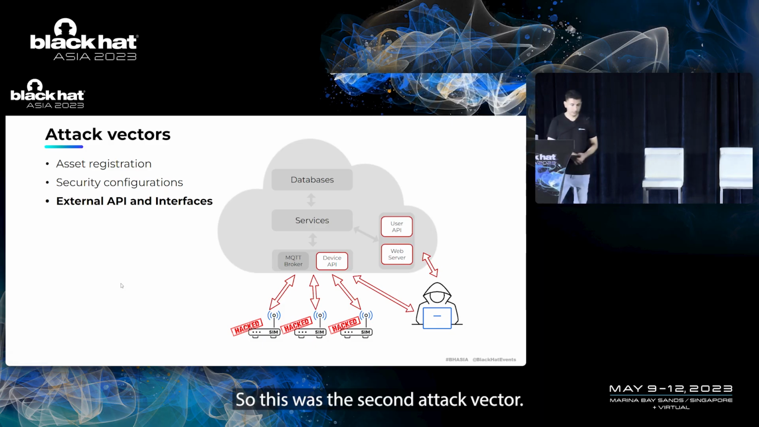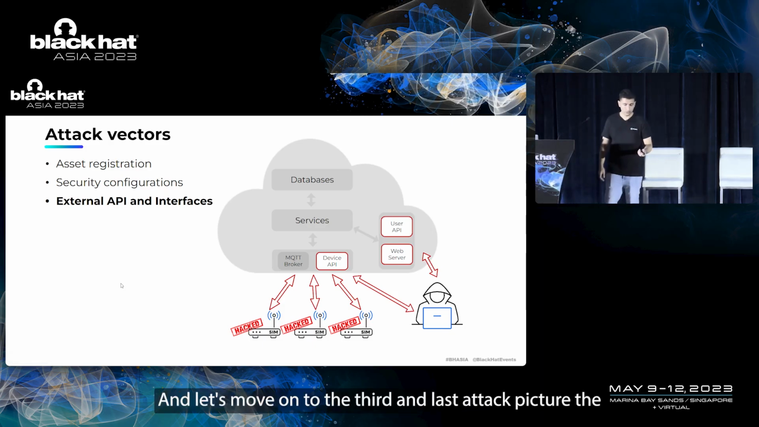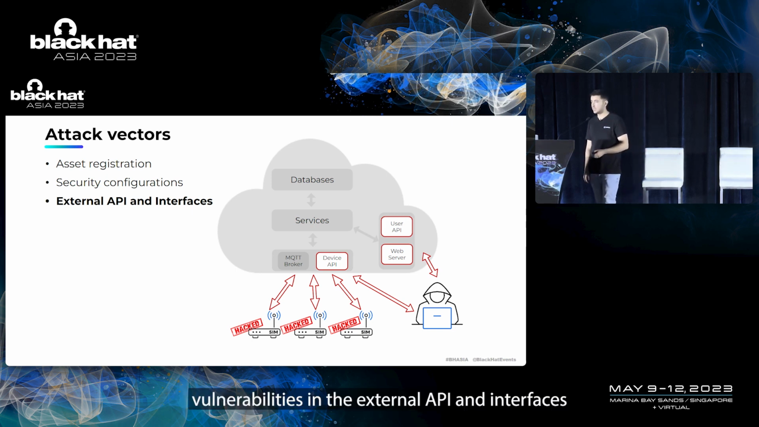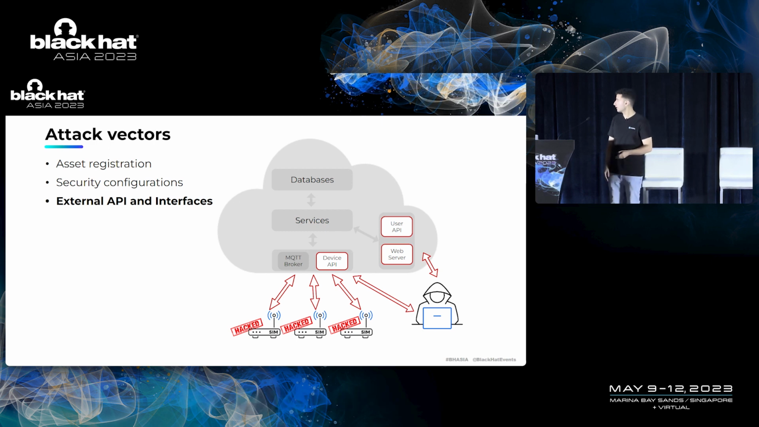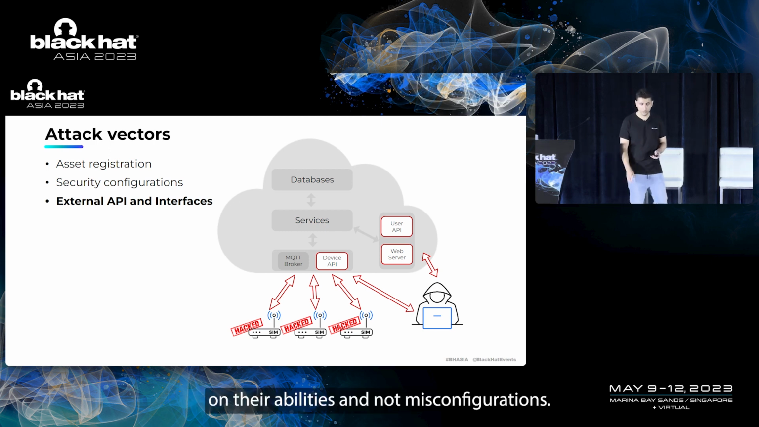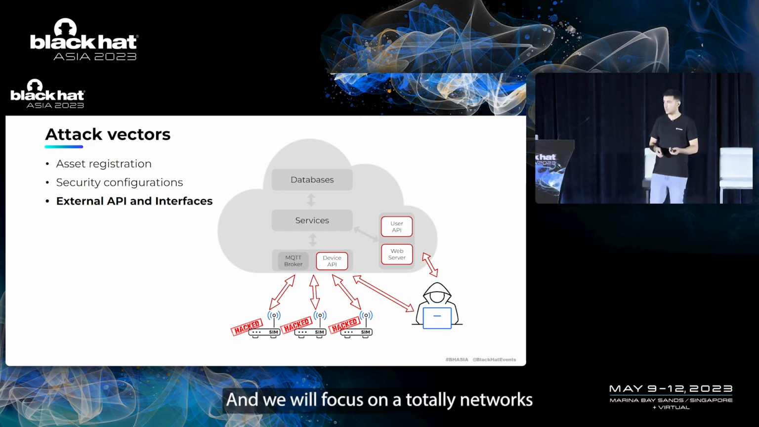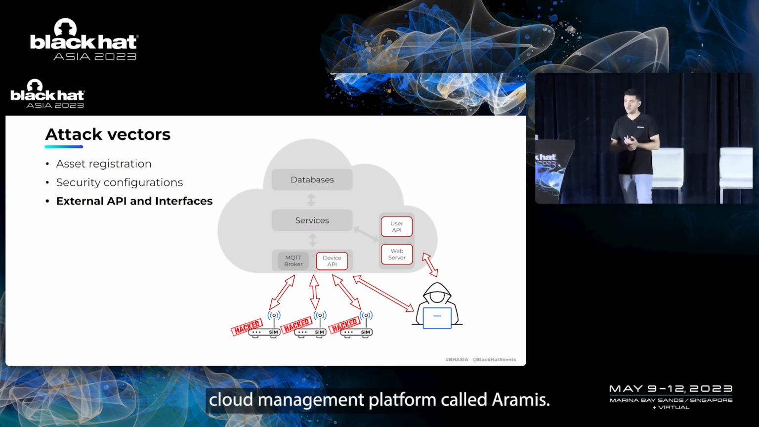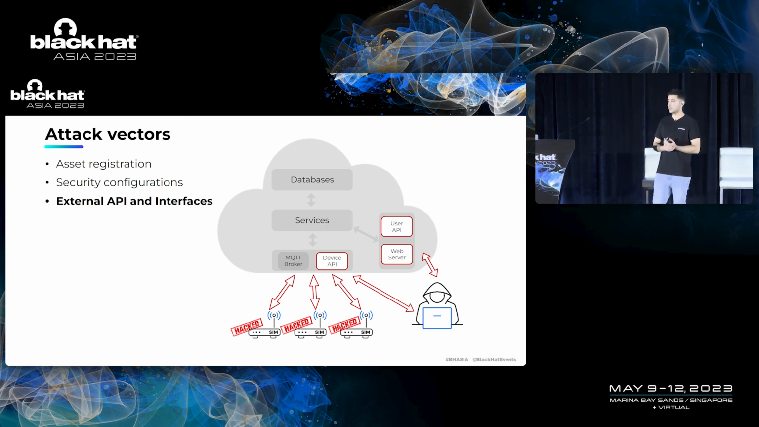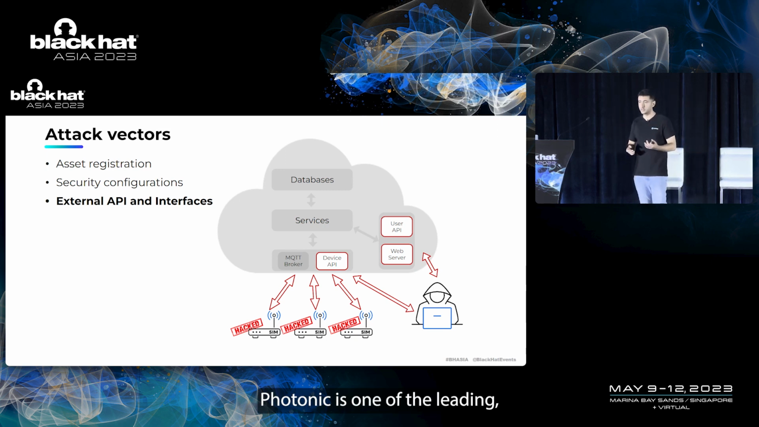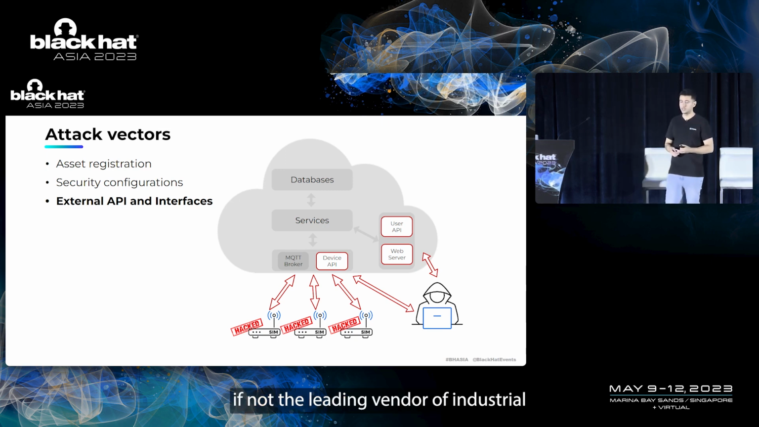So this was the second attack vector. Let's move on to the third and last attack vector, the vulnerabilities in the external API and interfaces, vulnerabilities and not misconfigurations. Here we will focus on Teltonika Networks' cloud management platform called RMS. Teltonika is one of the leading, if not the leading, vendors of industrial cellular routers and gateways. We found